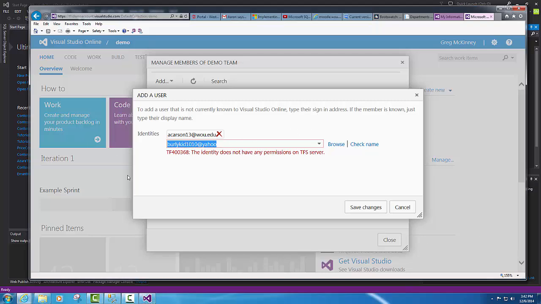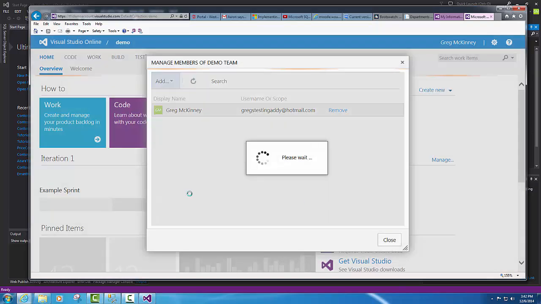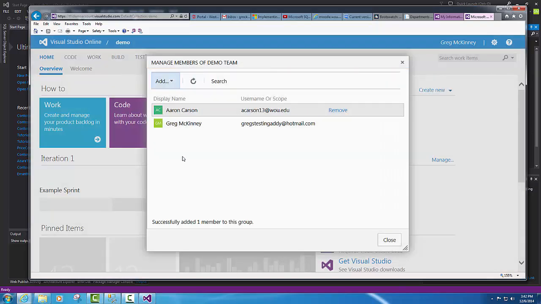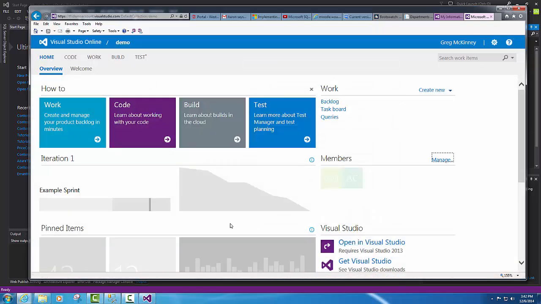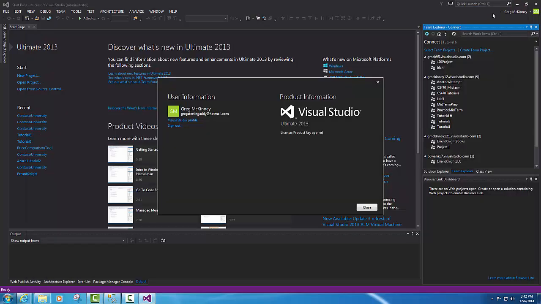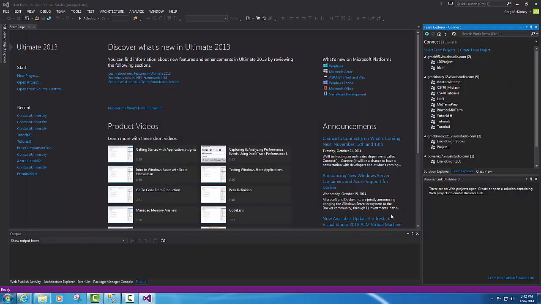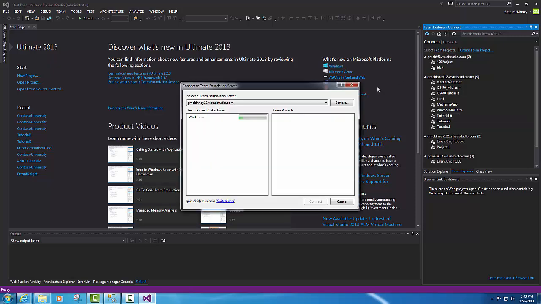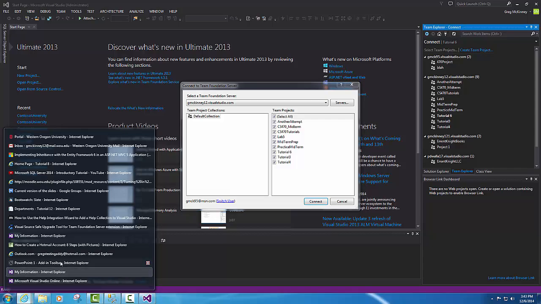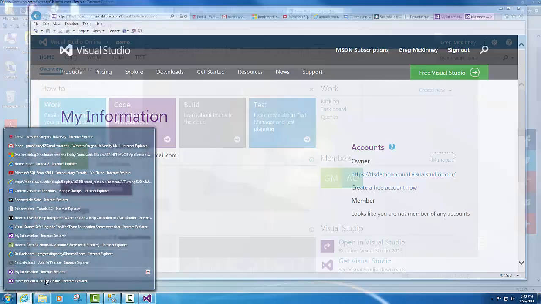Okay, Clara's isn't going to work right now. But as you can see, I was able to add Aaron. So there, Aaron is added. And we can go back. We don't need this open anymore. We can go back to Team Explorer, select Team Project, and well, let's take a look at that really quick